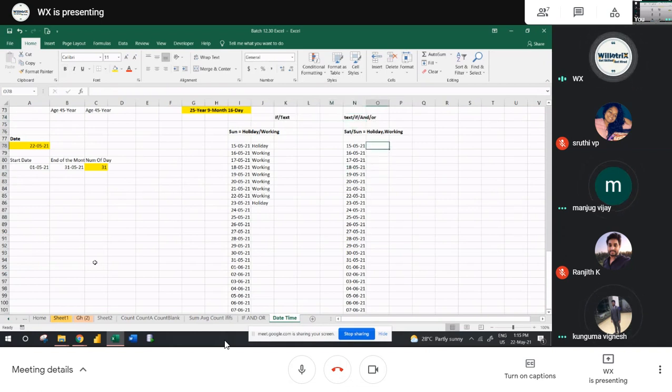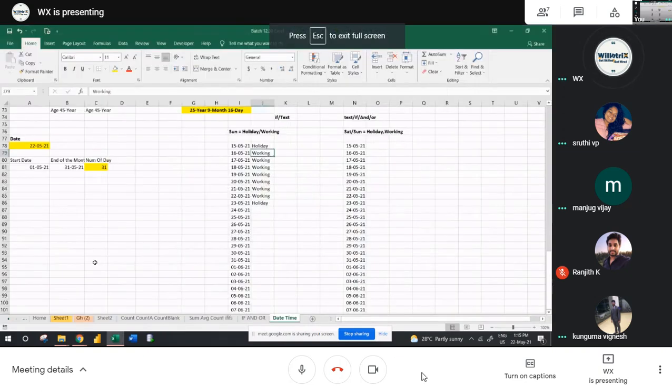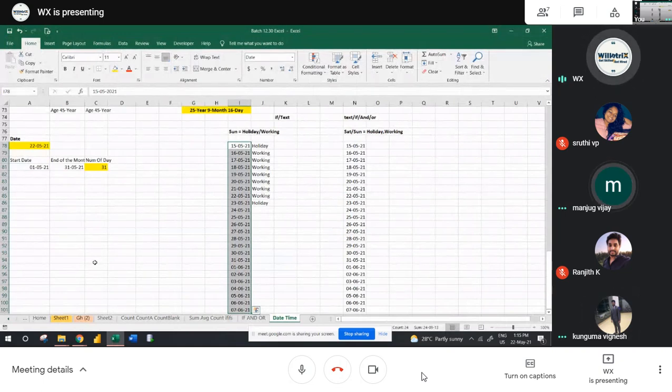Yes. Shruti, you have yet to finish the IF condition. You try only this task, okay? Later I will explain the IF condition tomorrow, then I will help you on this, okay? Yeah, okay. For you I am telling, okay? Then Ranjit, Vignesh, Manju, yes, Akash, do you have any doubts with the task and any function? Today's things? Okay.